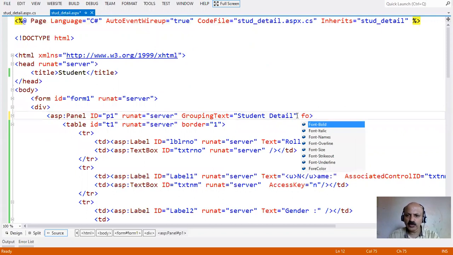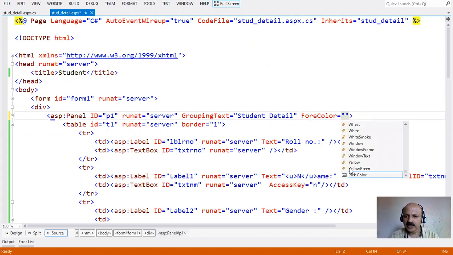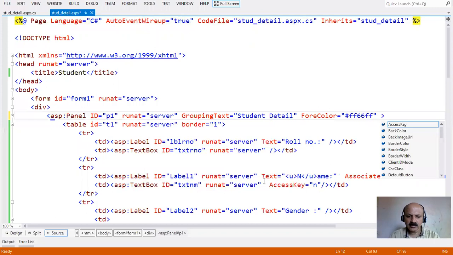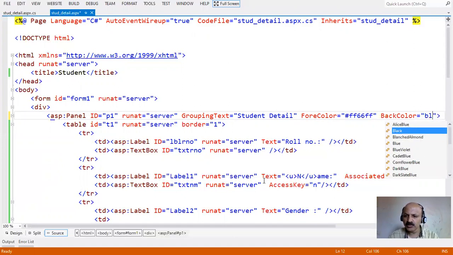First provide the fore color: pick it from the tool by double clicking, and the more colors option opens. We take the pink color, and for back color we take blue.